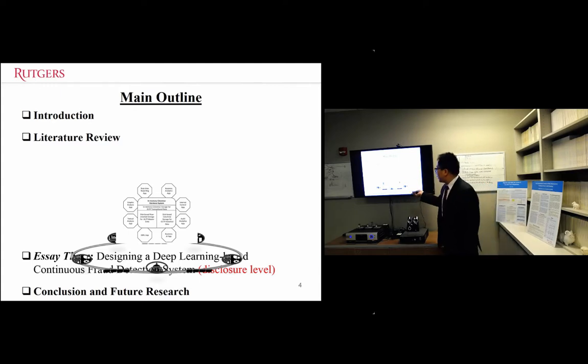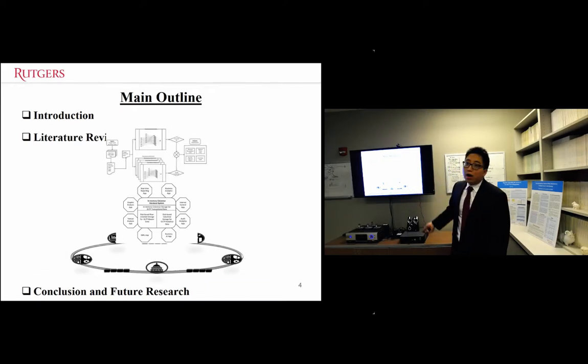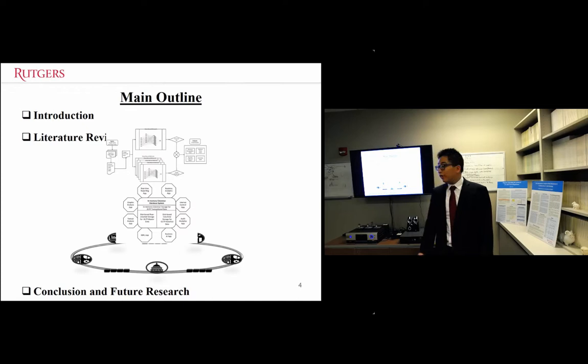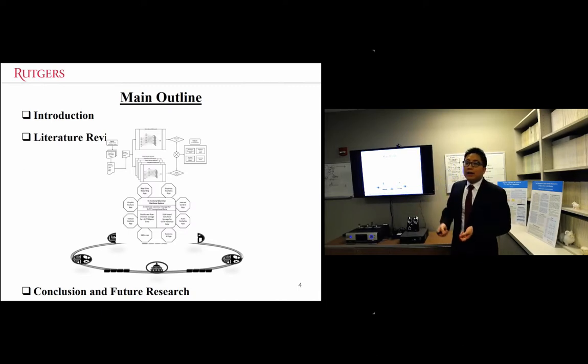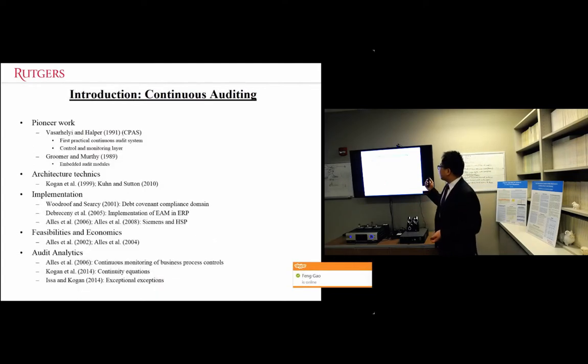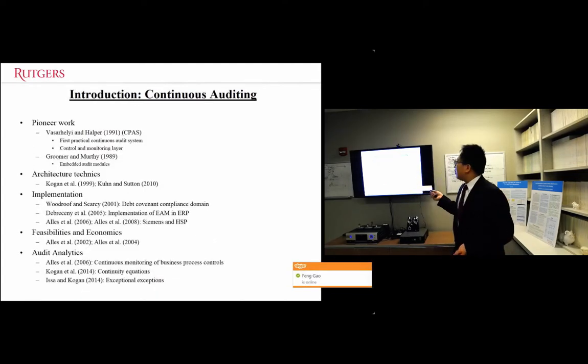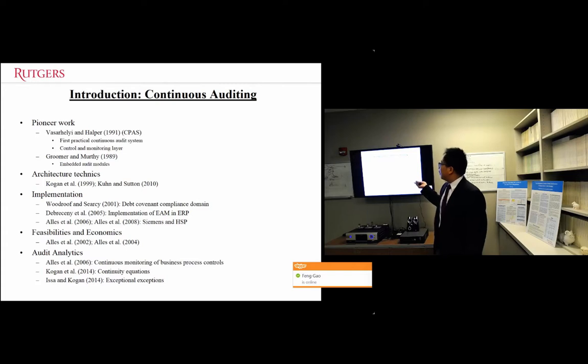And then, right on top of there, I use these deep learning systems to build the fraud detection and prevention applications, and that extract the data from the ERP system and analyze the financial statement and then identify the fraud and the fraud categories. So the introduction of this continuous auditing, this work has been done in 1991, and then